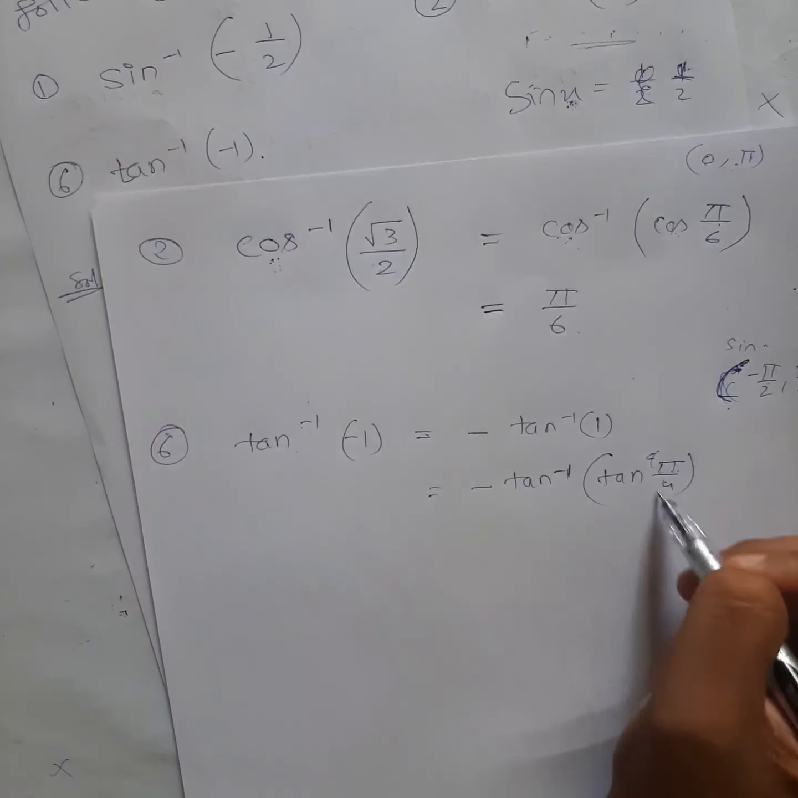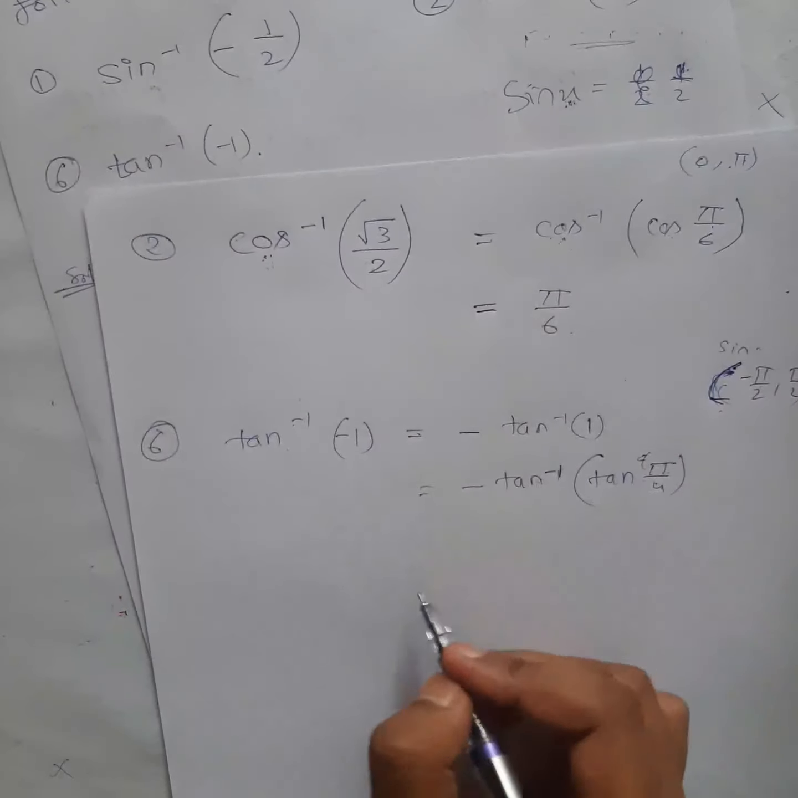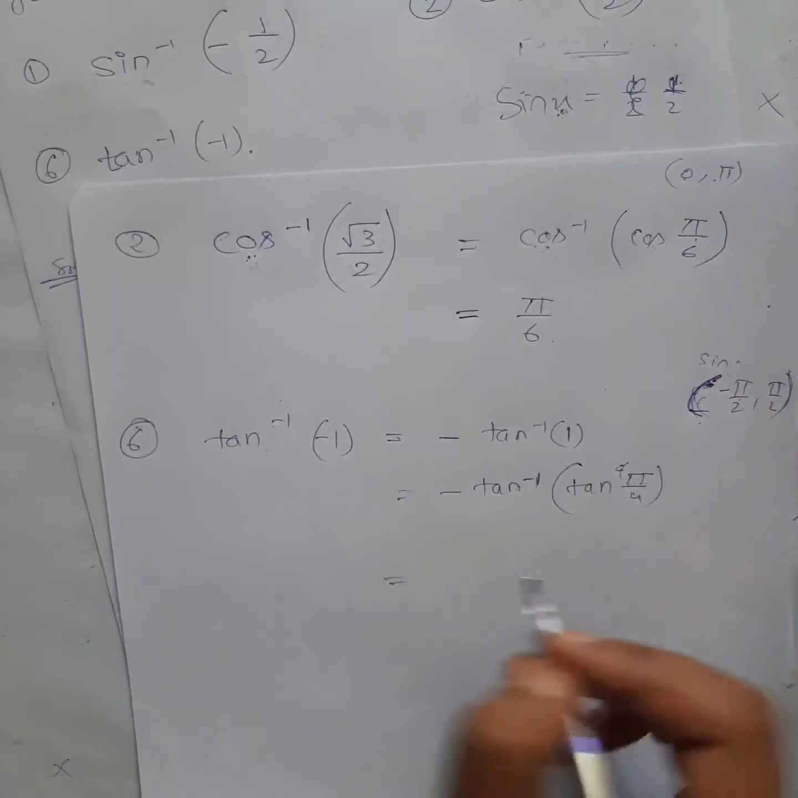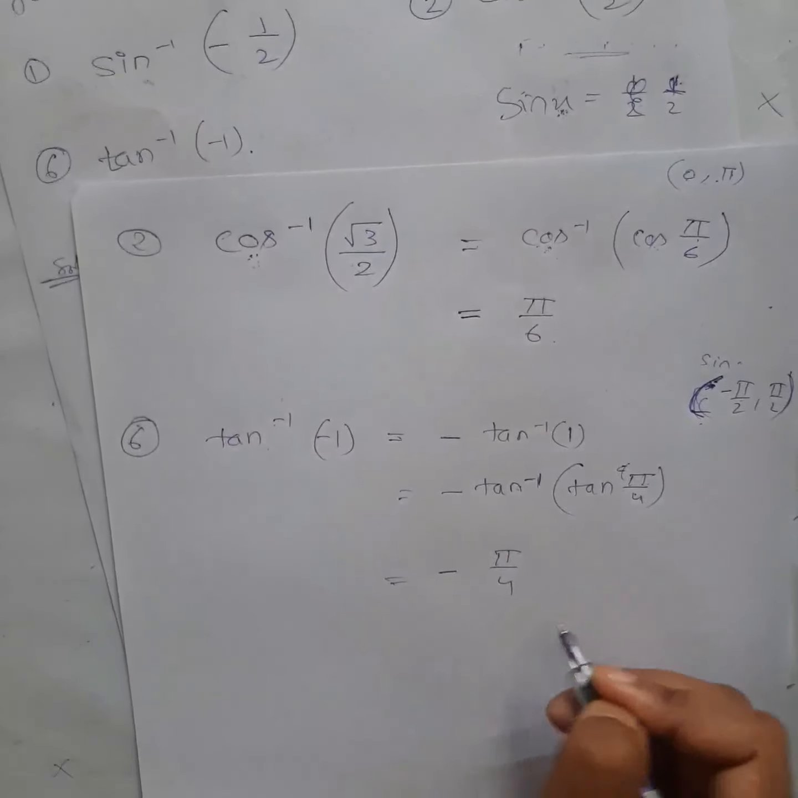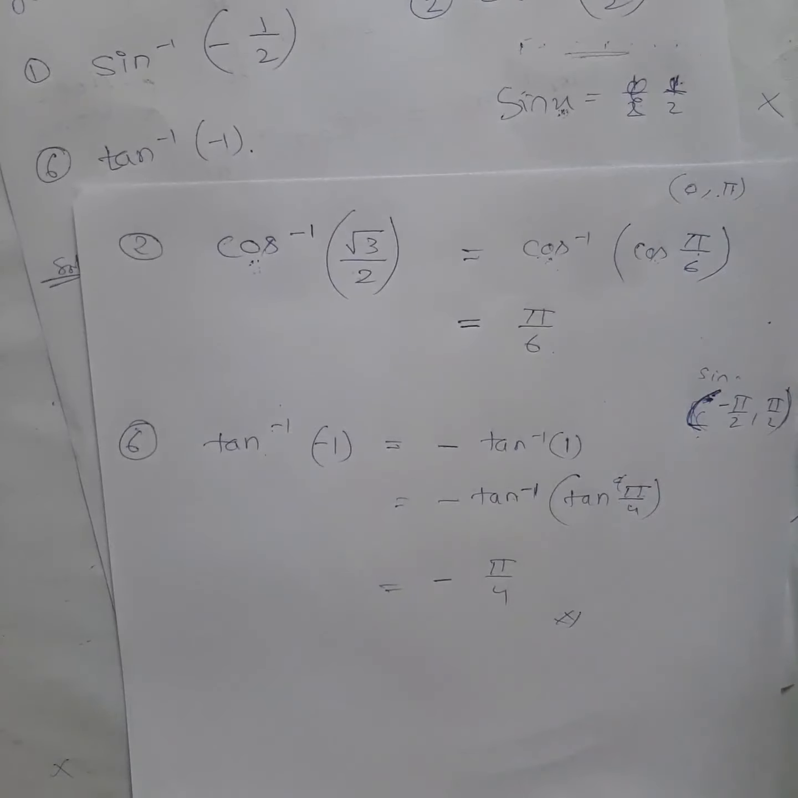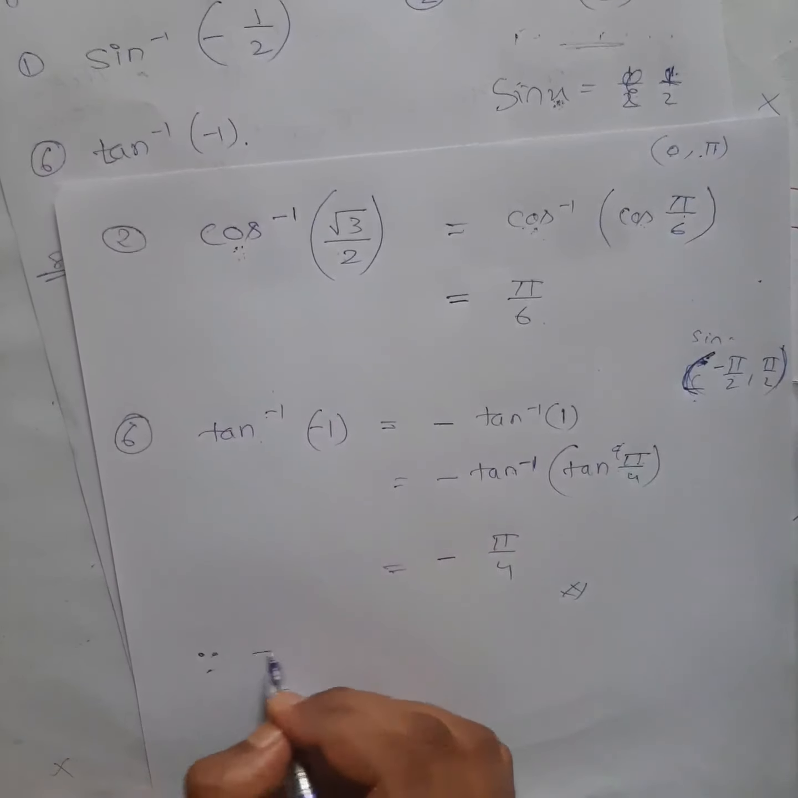So this lies in this range. That's why this is the inverse function of this one. So I can write, this is an identity, right? What it will give you, the minus will be there, this will give you pi by 4. That's it. So the conclusion, how you will write it down, you can write like this: since the